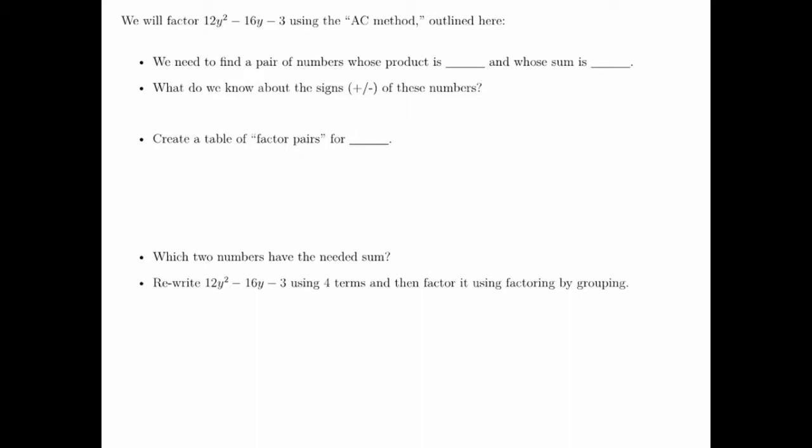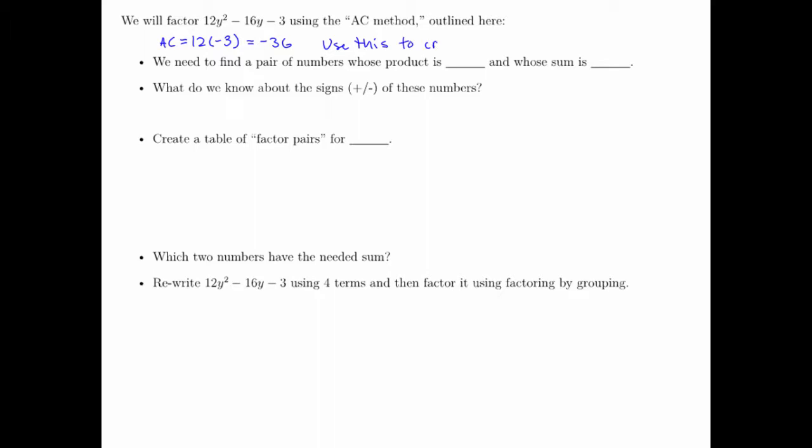In this video, we're going to factor the polynomial 12y squared minus 16y minus 3 using the AC method, and we'll do so by using a series of outlined steps. The short explanation of the AC method is that we use AC, which in this case, a times c, is going to be 12 times negative 3, so that a and c are the coefficients on the squared term and then the constant term. And in this case, AC is 12 times negative 3, which is going to be negative 36. And then we will use this